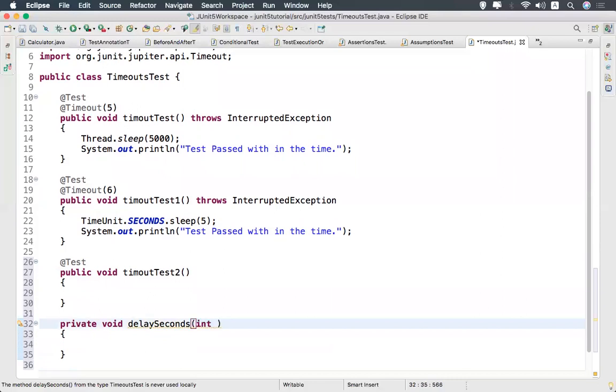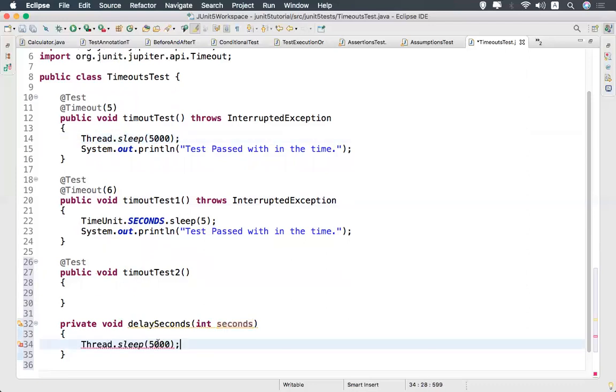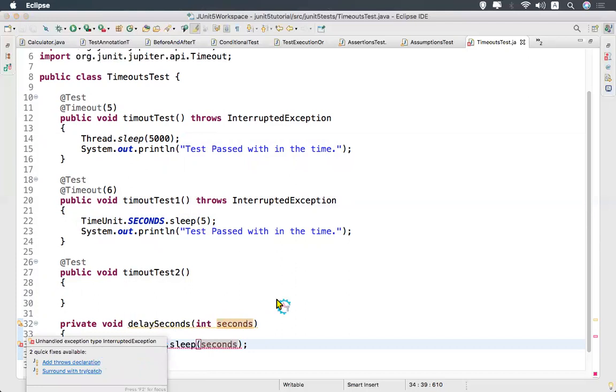I'll mention int seconds, and here I can give Thread.sleep or whatever it is. If it is Thread.sleep, I need to give milliseconds, so I can directly mention seconds here. Obviously it will throw an InterruptedException.